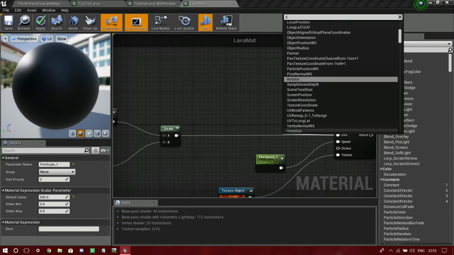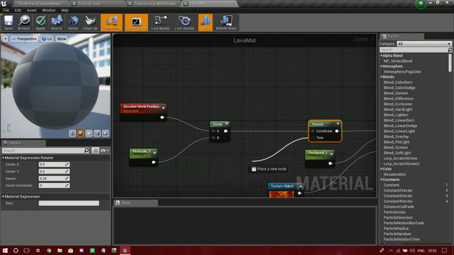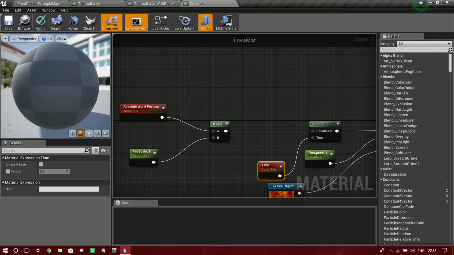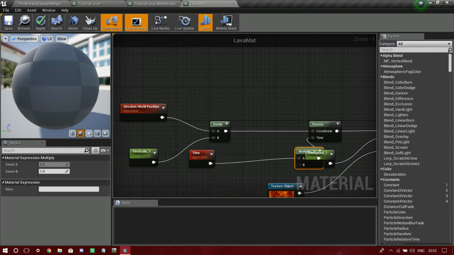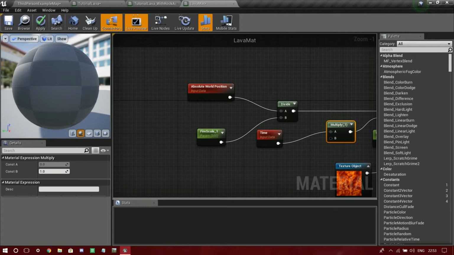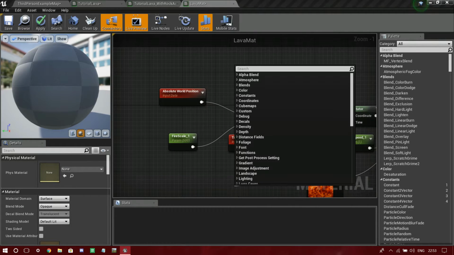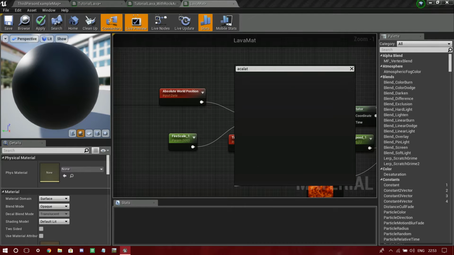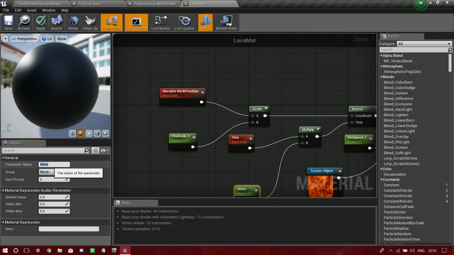and then I'm gonna drag it here and search for rotator. This helps us to, well, rotate our texture. And then I'm gonna search for time here in between these two. I'm gonna search for multiply. You can just hold them and click and all that stuff, and just drag and add a scalar parameter. I'm just gonna search and type in